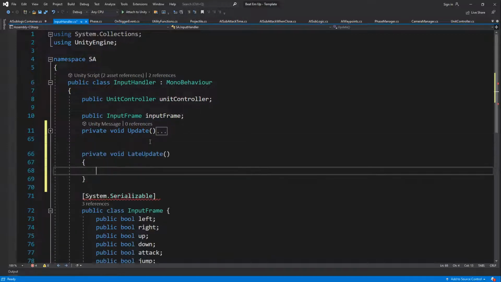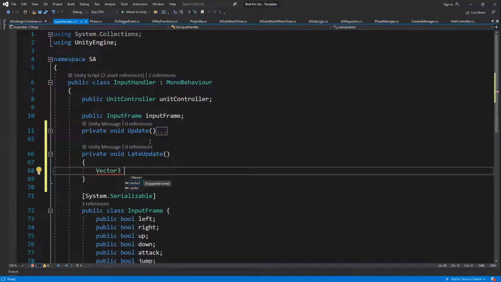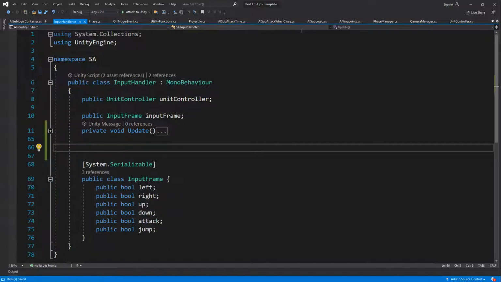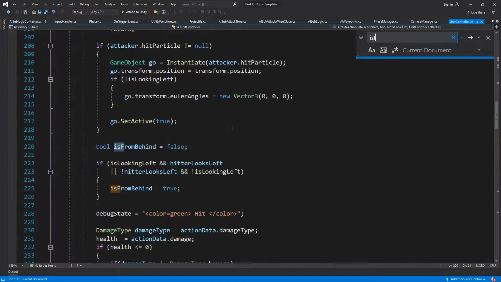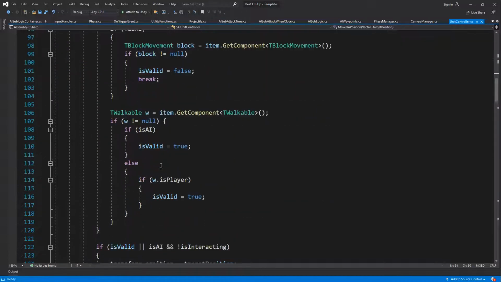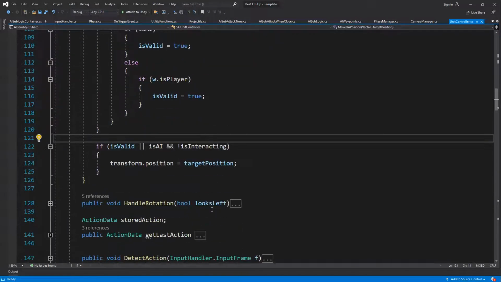So what we do in LateUpdate then is we can get the camera reference. So we could do Vector2 viewport. Actually, no. Let's do it inside the player, the unit controller. We are checking if it is valid. We are checking if a position is valid, what we're moving. Okay, so we need to check